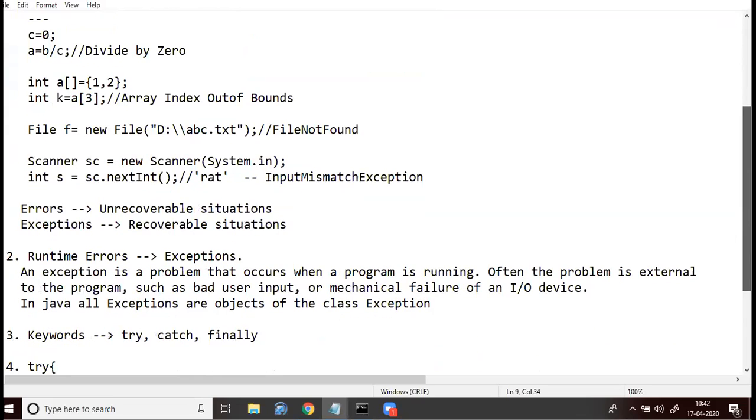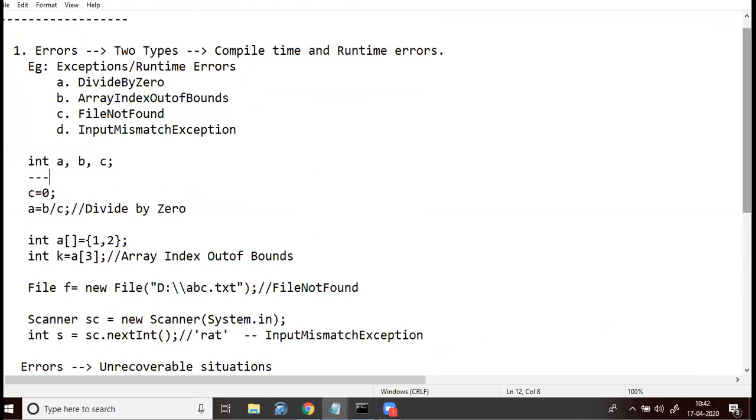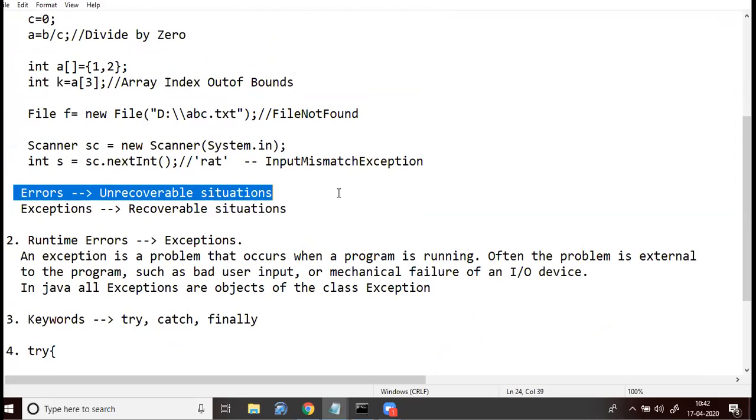Okay, let us move further. These are some of the situations under which exceptions will occur. If exceptions occur, what should we do? There is another difference between an exception and an error. An error is an unrecoverable situation. If an error occurs, you cannot recover; the program has to stop.